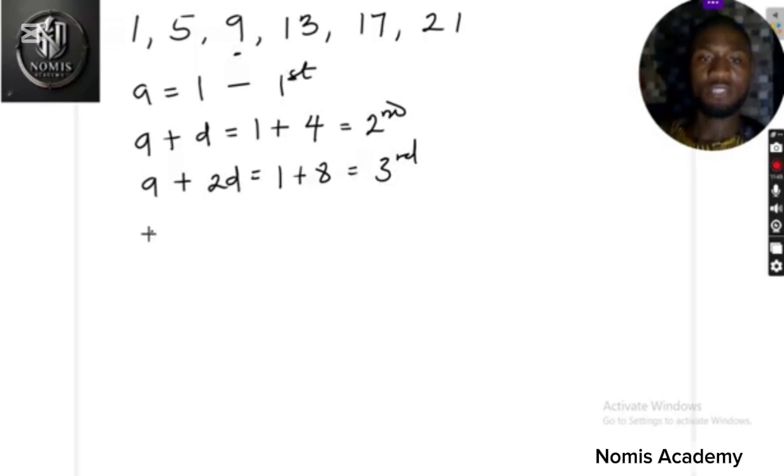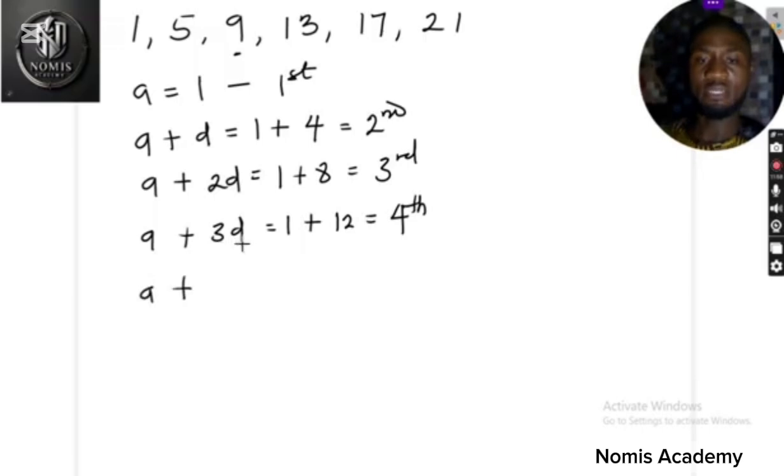The fourth term is a plus 3d. Do you agree? The difference is 4, so it will be 1 plus 3 times 4, which is 12, and that is equal to the fourth term. So looking at it, that shows that I can get the fifth term by saying a plus